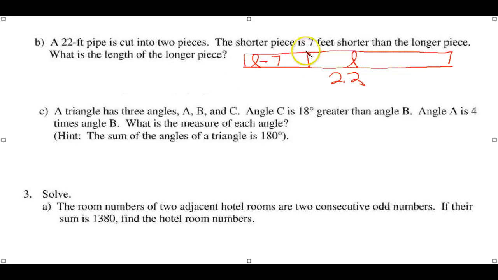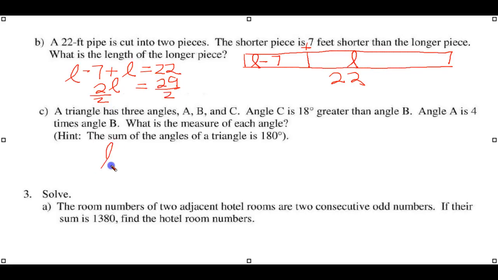So there's my equation. This shorter piece plus the longer piece is 22. So L minus 7 plus L, the shorter piece plus the longer piece, equals 22. So I have 2L. Transpose this to the other side as a positive 7, becomes the 29. Divide both sides by 2,